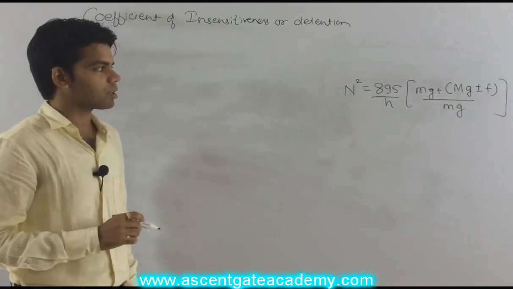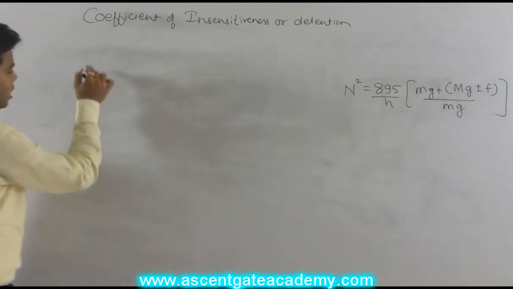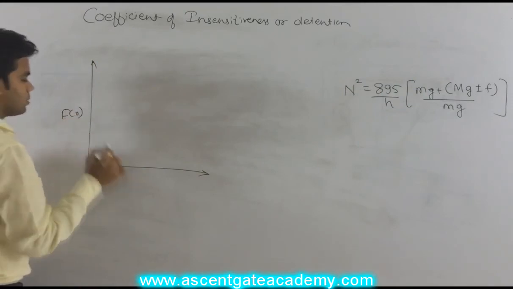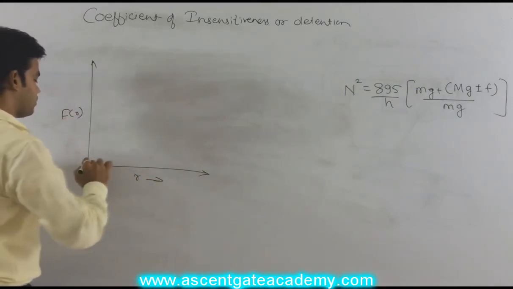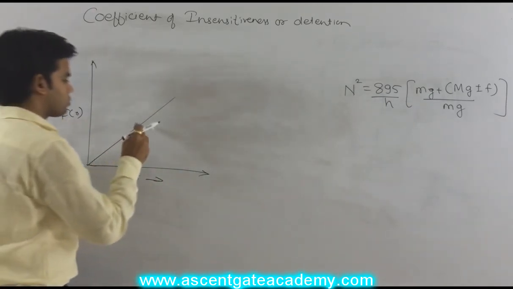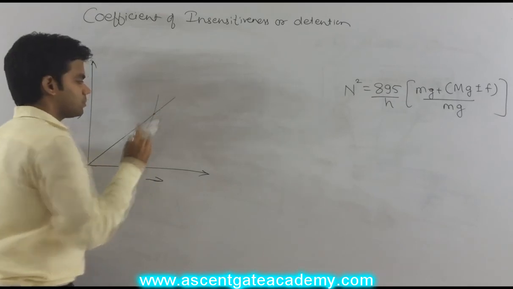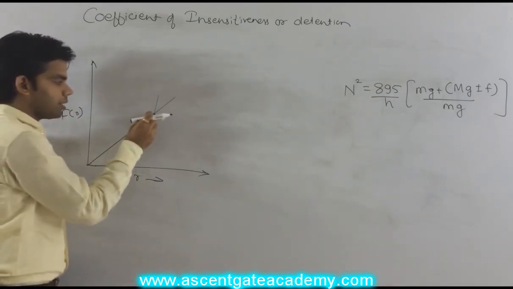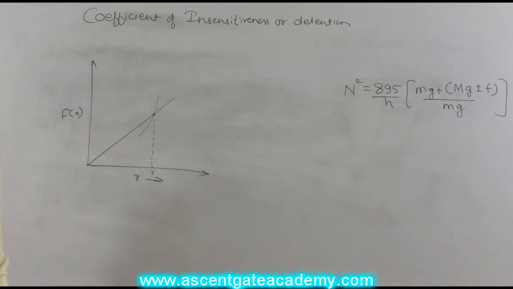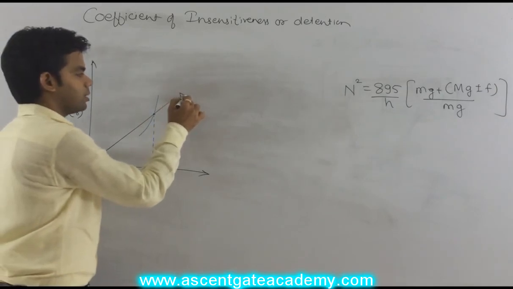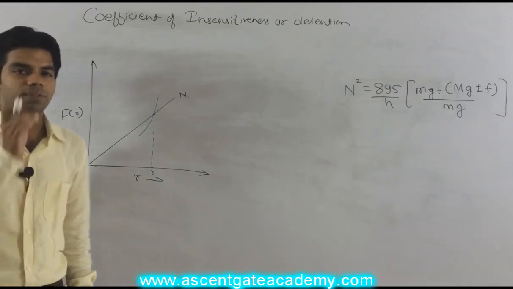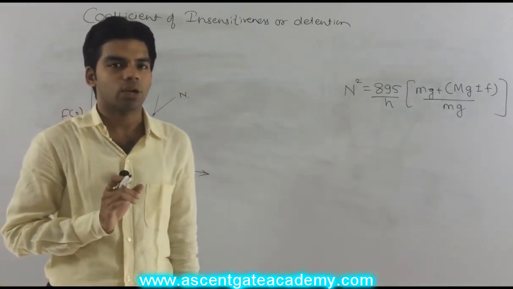Okay, this is the formula for Porter governor. And one graph I told you of, the controlling force diagram, we have seen for a Porter governor. This is the controlling force line, and there was one speed curve, and this is the equilibrium point. That means at this particular point the radius is r, at this particular speed, suppose n. Okay, just understand this thing very carefully. Now, this we have considered if the friction was not taken into account.